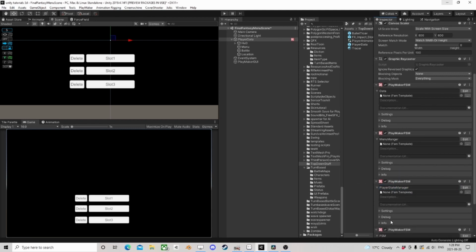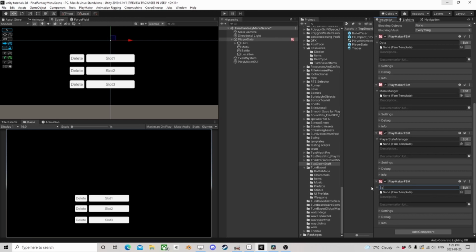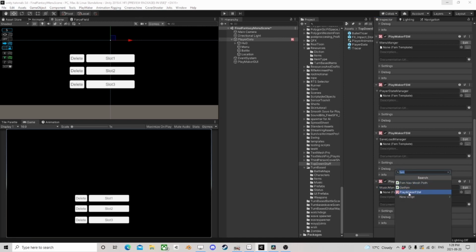We're going to want a save load manager, a music manager, a pooling system, which we'll be using Pooler, so if you don't have that, get that from Ecosystem, a sound effect manager,